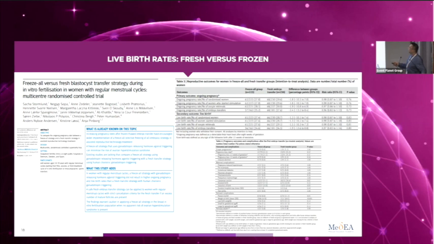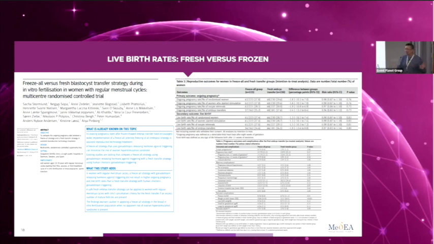But what about a freeze-all strategy with agonist triggering, using HCG? They also compare this. But what is new about this particular study is that even with regular cycles, a freeze-all strategy with a gonadotropin-releasing hormone agonist trigger does not result in higher ongoing pregnancy and live birth rate than a fresh transfer strategy with HCG triggering. So note that what they're trying to say is that in this case where we use